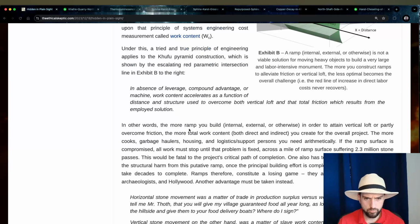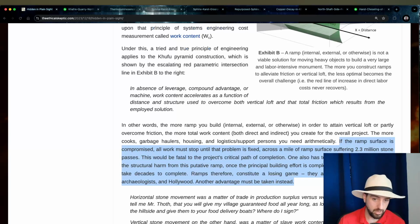In other words, the more ramp you build, internal, external, or otherwise, in order to attain vertical loft or partly overcome friction, the more total work content you create for the overall project. The more cooks, garbage haulers, housing, and logistics/support persons you need arithmetically. If the ramp service is compromised, all work must stop until that problem is fixed. Across a mile of ramp surface suffering 2.3 million stone passes, this would be fatal to the project's critical path